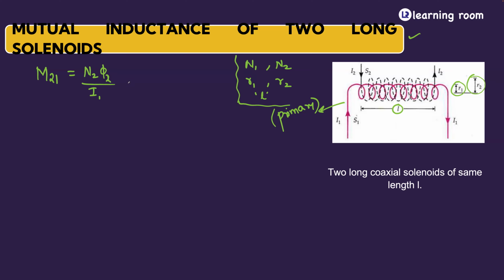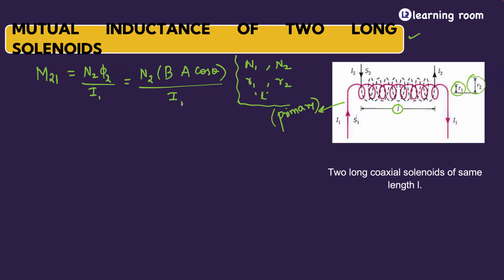So when I derive M21, observe, it is going to be the number of turns in the second coil. But what is going to be the flux associated with the second coil? Observe. I will write it as B dA cos theta, right? The whole divided by this I1, I'm leaving it as it is. So this is where I need to focus on. Everything else is same. So this is where I need to be careful.